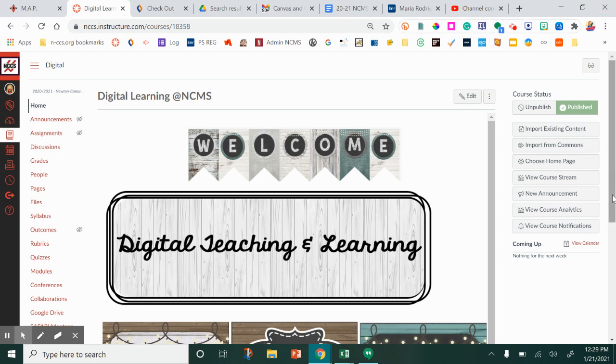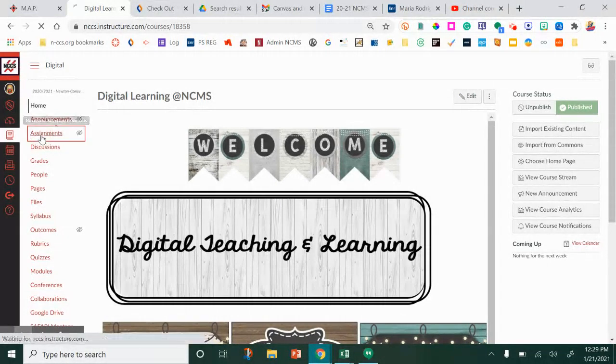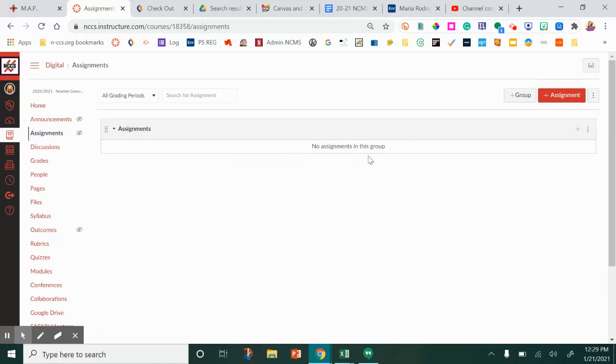Okay, some of you guys have been asking about the new feature options in the Canvas editor for assignments and pages and when you're designing. I'm going to show you how to do that today, or show you where some of the essentials are that you are looking for. When you go to assignments or pages